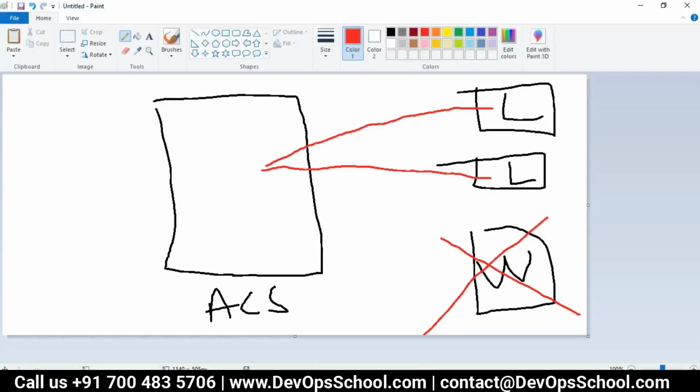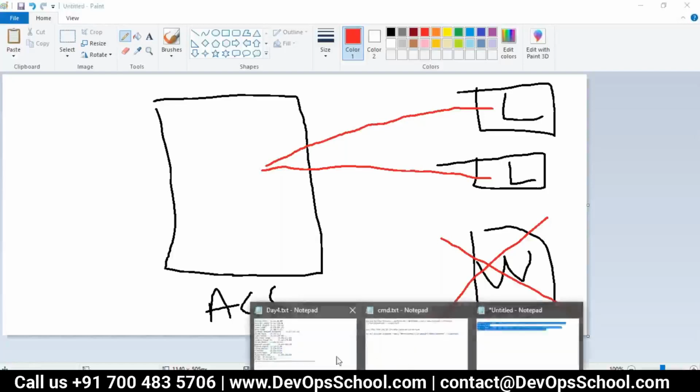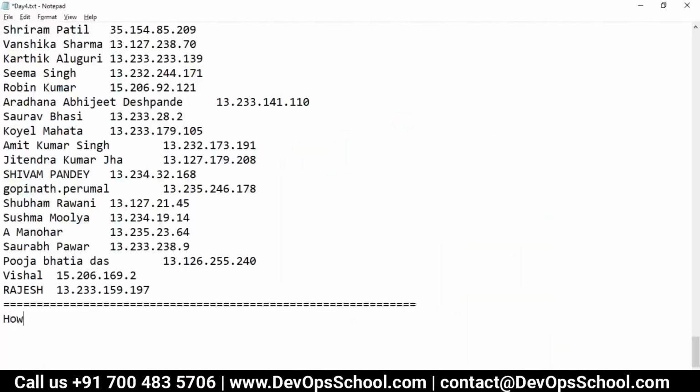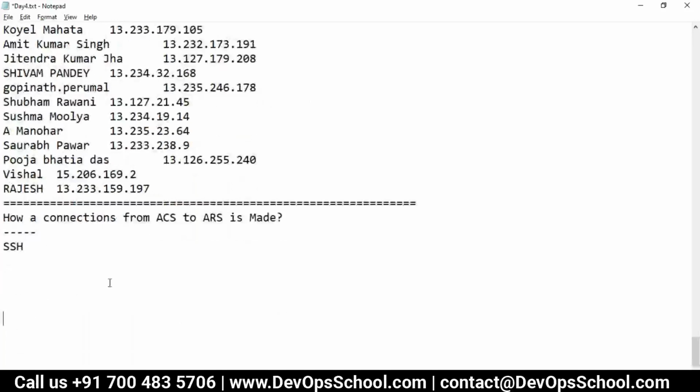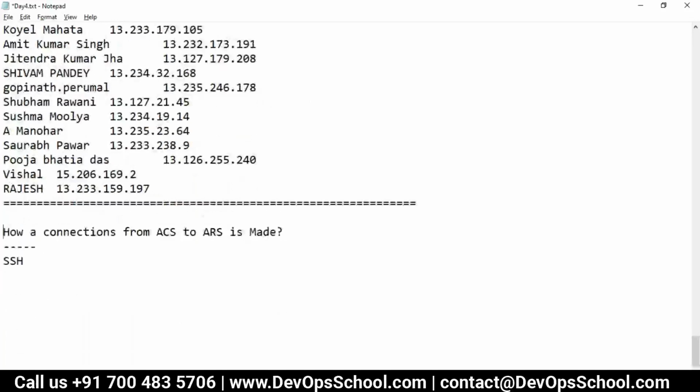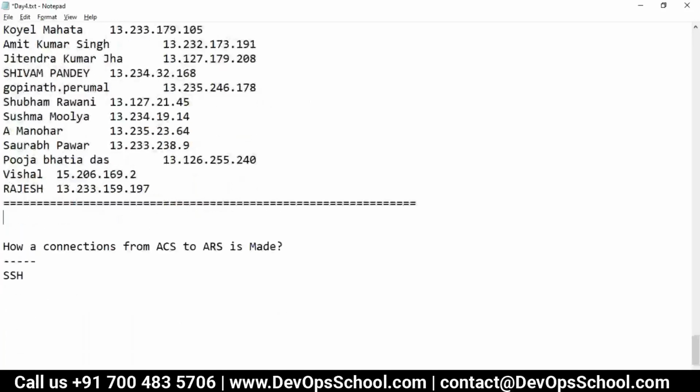SSH. Okay, that's good. So how is the connection from ACS to ARS made? The answer is SSH. I'm discussing basically authentication and authorization here.